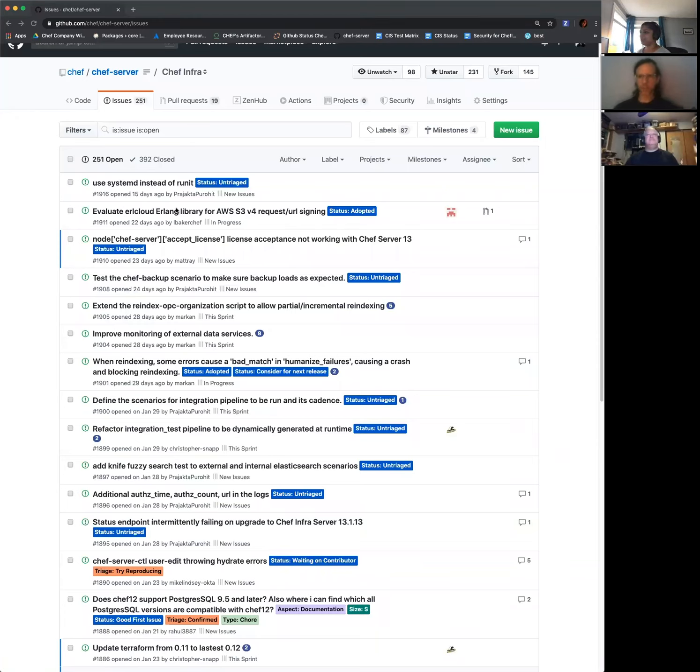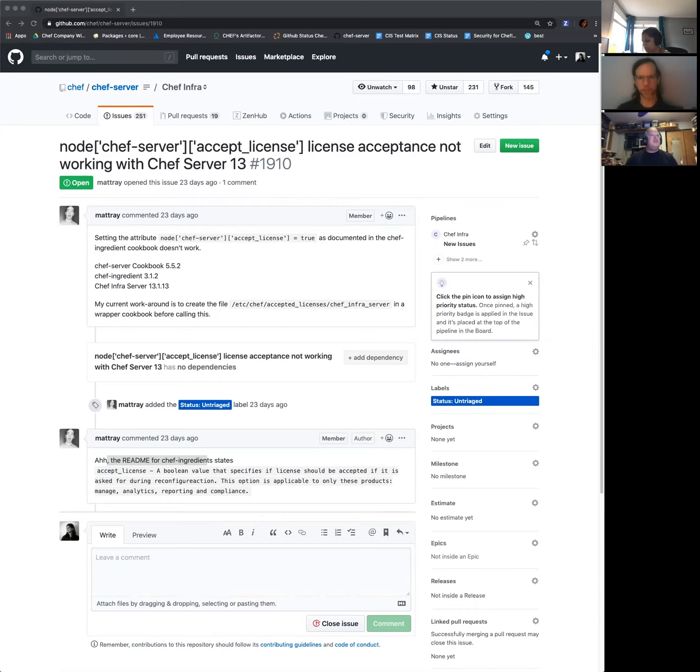I guess the first question I have is, is this functionality that lives in chef-ingredient, or is it functionality that lives in Chef Server? And the way I'm reading this, it's functionality that lives in chef-ingredient. It'd be interesting to see if the chef-ingredient stuff even has a thing for it. Maybe it's a documentation thing. And it's interesting, his follow-up thing